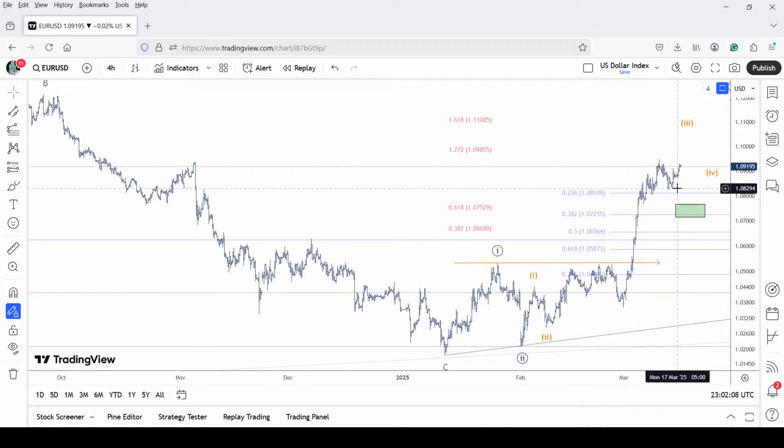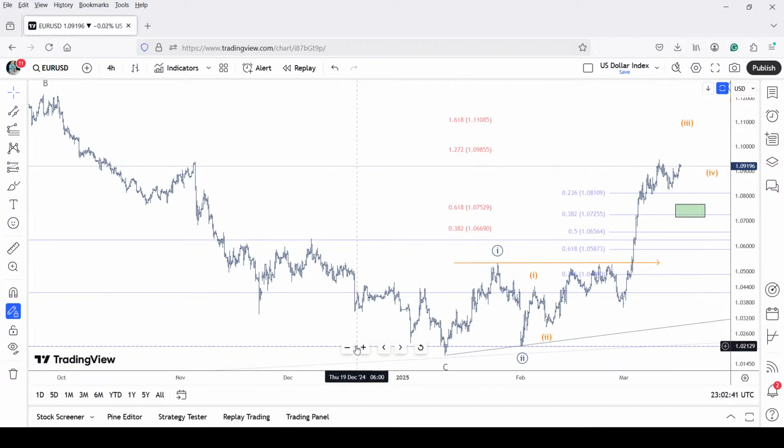Actually, we've gotten on the long side already from 850, but I wanted to book some partial profits, so we've closed the position for two reasons. One, booking partial profits is always recommended, and two, we are always giving ourselves a chance to buy a bit lower if it drops. Okay,